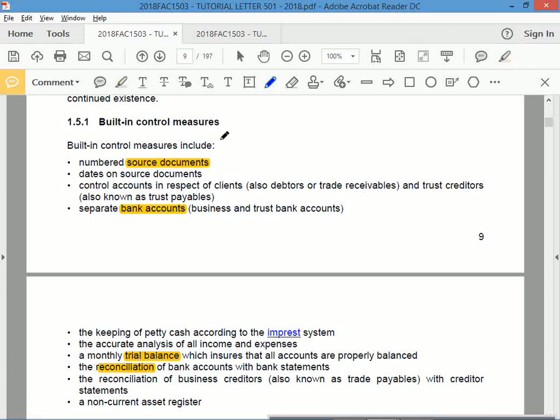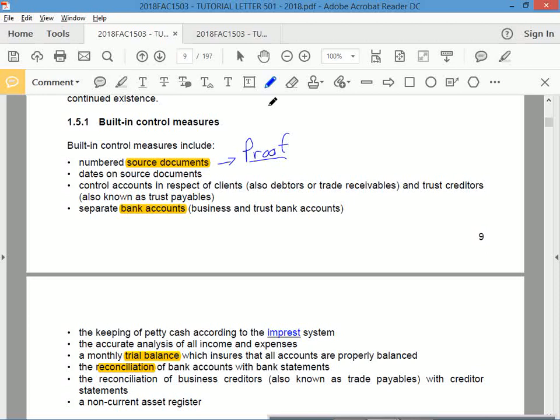Right, source documents. What do you think a source document is? Yes, that's an example of a source document. Good. So a source document is just proof. Must the business keep their source documents? Of course, because if the business pays someone and they don't get a source document, what is the manager going to say? Did you pay that person? And what are you going to say? Yes, I did. Then what are they going to say? Can you prove it? No, I don't have a source document. And then, problem. So you don't ever want a scenario where you can't prove what you're doing.